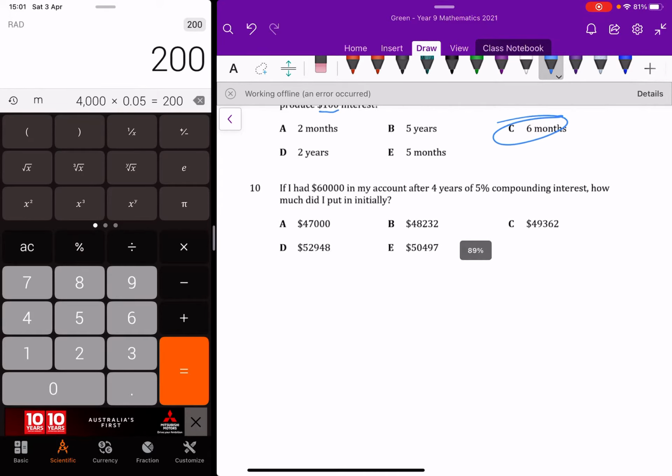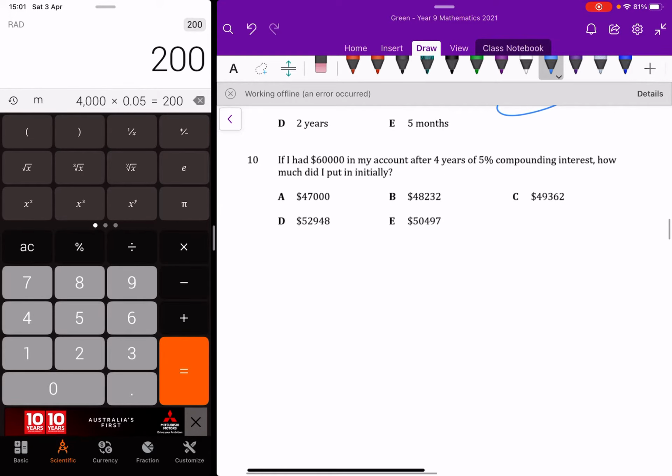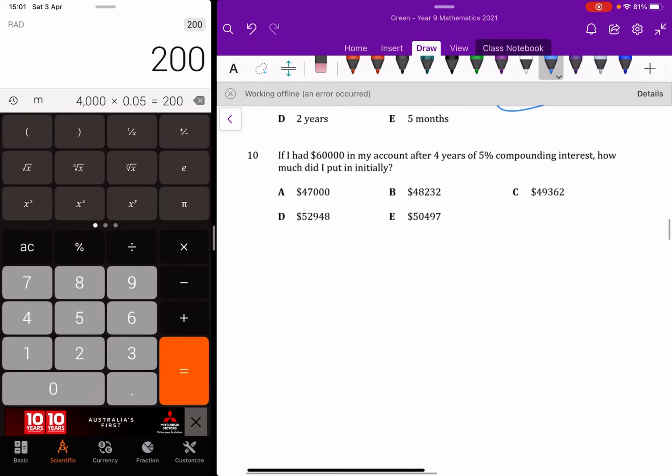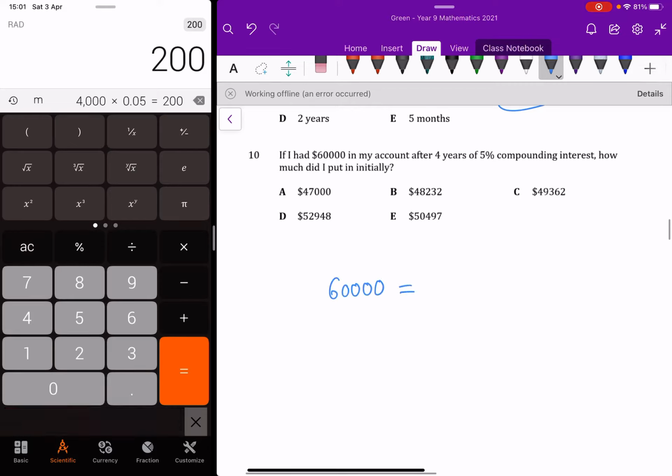And then if I put 60,000 into my account, now this is one that a lot of people struggle with, because what this actually is, if I had 60,000 in my account, so 60,000 is kind of my answer, after, and then we don't know how much we put in. So let's say we put in X dollars. This is a bit of an advanced question, all right? If I had X dollars and it's times by